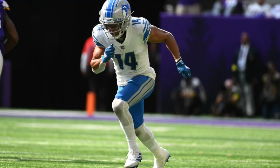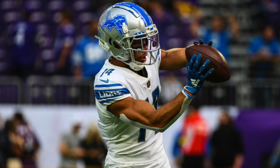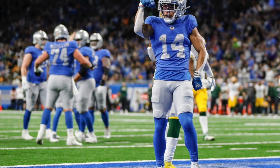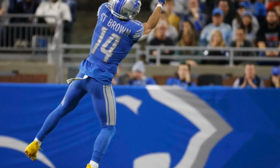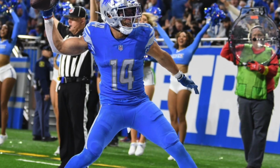Averaged 2.4 yards per route run. He also averaged 5.1 yards after the catch per reception. Amon-Ra St. Brown has been productive. He should be productive going forward. I don't see why he shouldn't be. Jared Goff's still going to be there. They like to push it downfield. This is a fun offense. I look for him to be productive for as long as he's going to be,